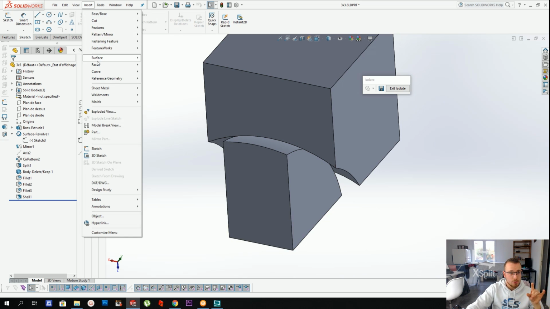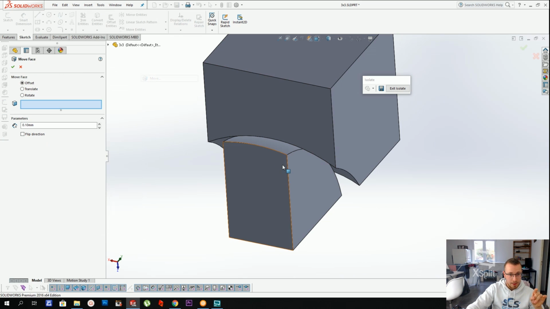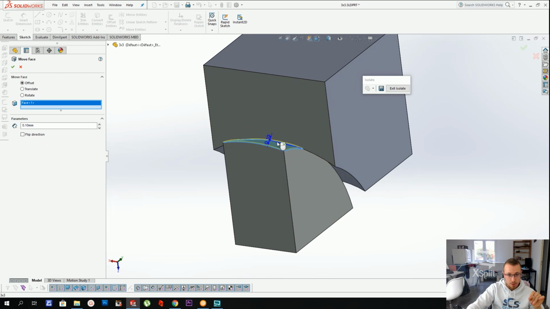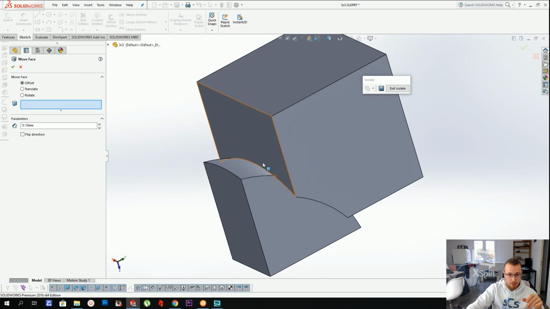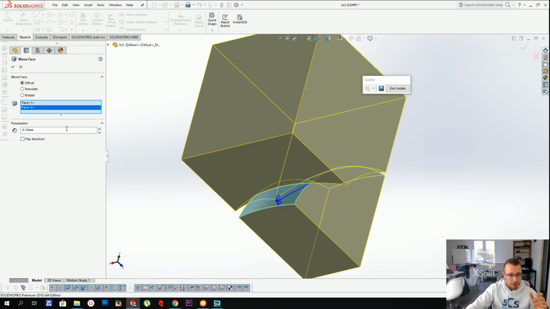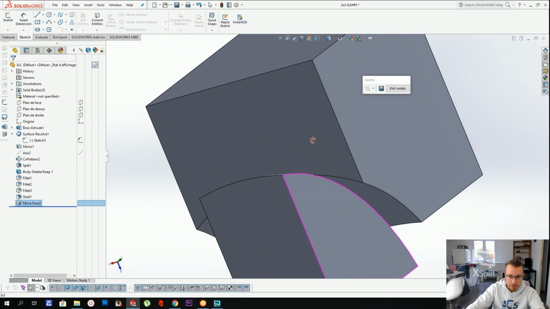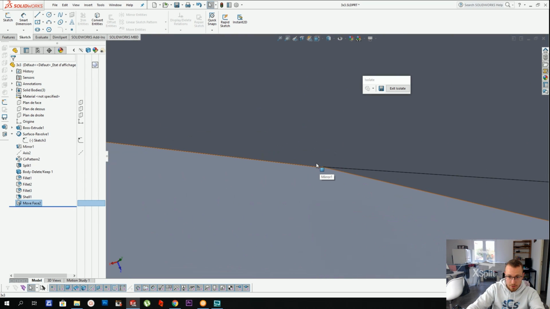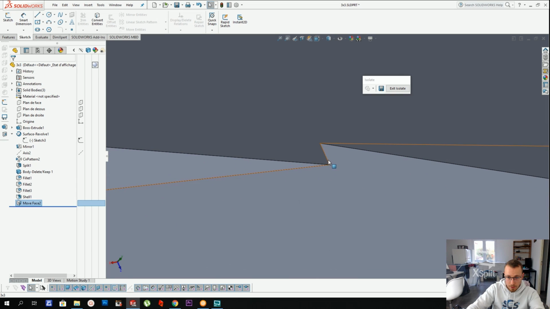the fillets. You go to Insert, Face, Move, and you're going to select this one or these ones. It doesn't really matter, but I generally select the bottom one on both sides. And you're going to flip the direction and offset it by nothing. So by 0.001, it's not going to change the shape of the part, but at the interface, you're going to see there's a little bit of a new edge right here, and that is going to make the software understand